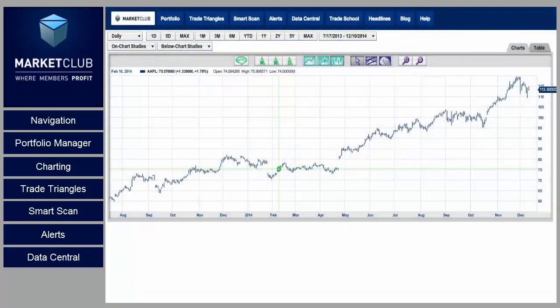The trade triangles are MarketClub's entry and exit signals and are by far our most popular tool. They're unique to us and placed using a proprietary algorithm developed by MarketClub creators Adam Hewison and David Mayer. If trading with a trend is good, then trading with two trends is even better, and that's the premise behind